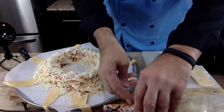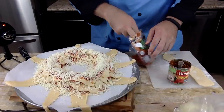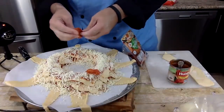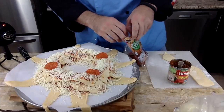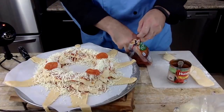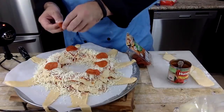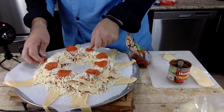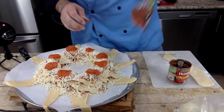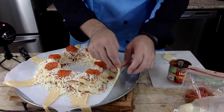All right, one last layer of pepperonis. I think I'll do just 4 on the top here. Or maybe we'll do more. Whatever I grab, that's how many we're going to do. Yeah, that many. Okay, so now that part's done, now what we're going to do is take our croissants, the